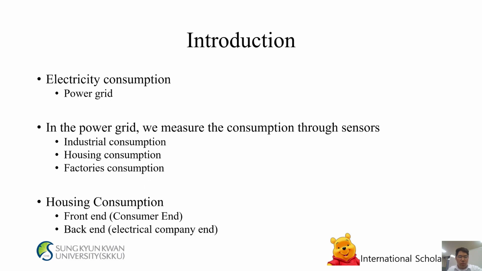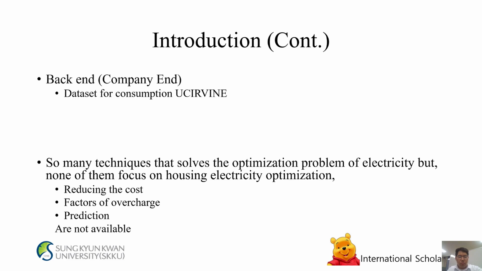Introduction: Electricity Consumption, Power Grid. In the power grid, we measure the consumption through sensors: industrial consumption, housing consumption, factories consumption. Front-end, consumer end, back-end, electrical company end. Introduction continues. Back-end company end, dataset